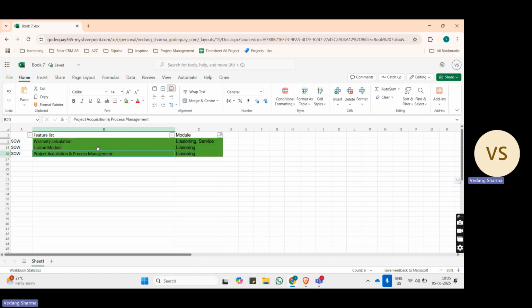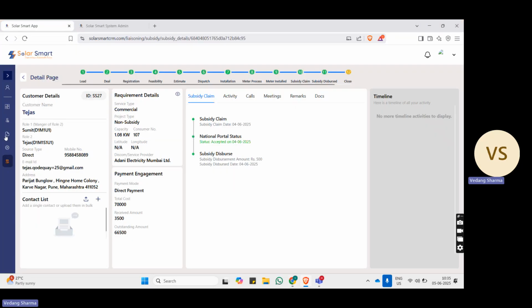And when we talk about project acquisition and process management, we have divided the process into 4 steps, which I have mentioned earlier: registration, feasibility,